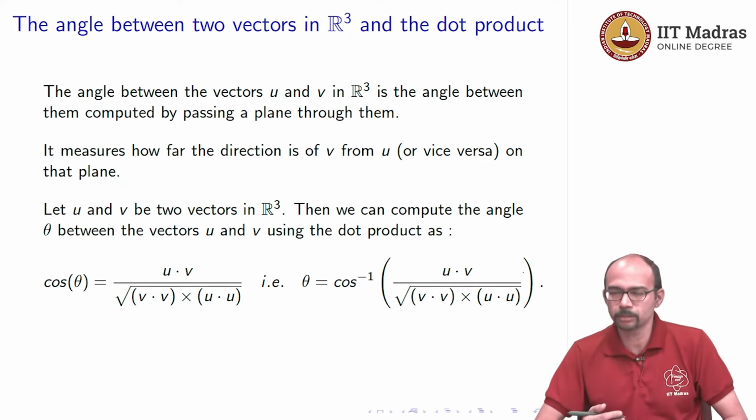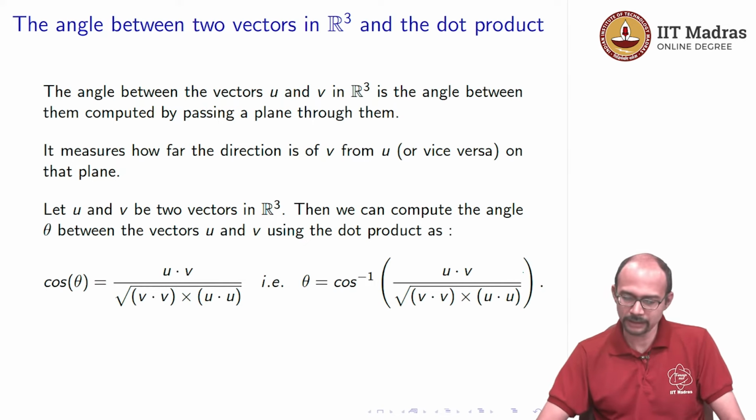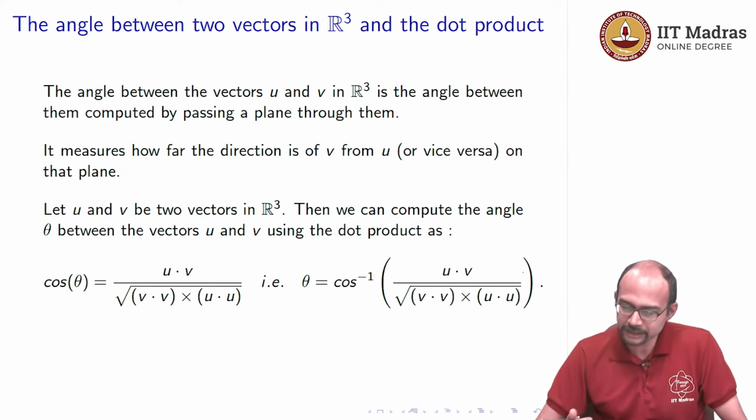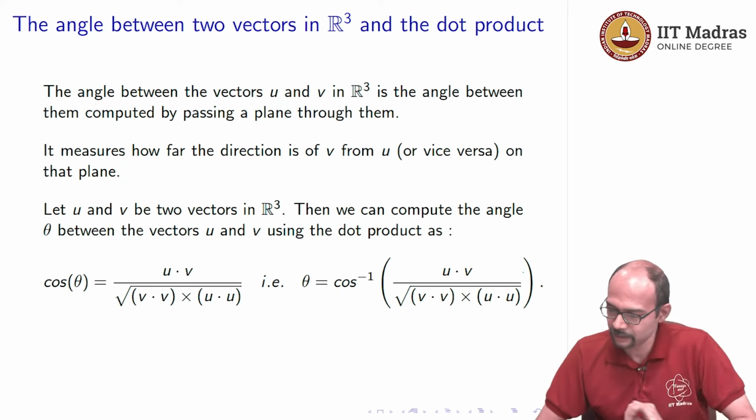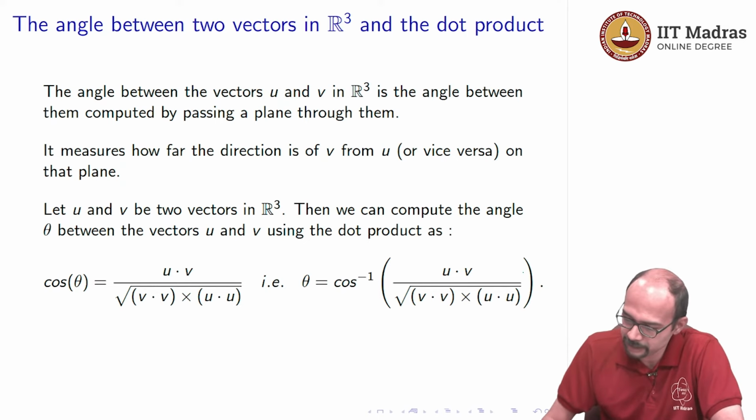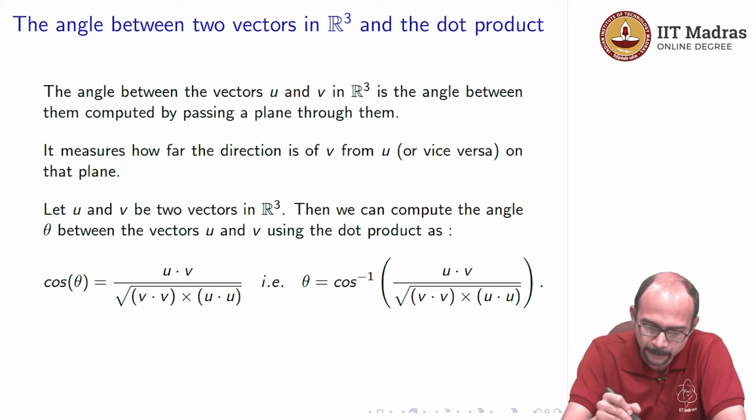Or you can write theta in terms of the inverse cosine of this number that we have just seen. So, let's maybe try to analyze why this is happening. So, the reason this is happening is because